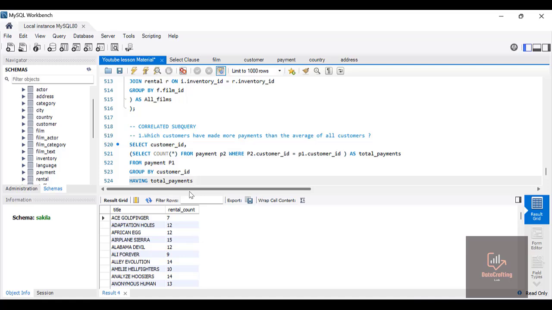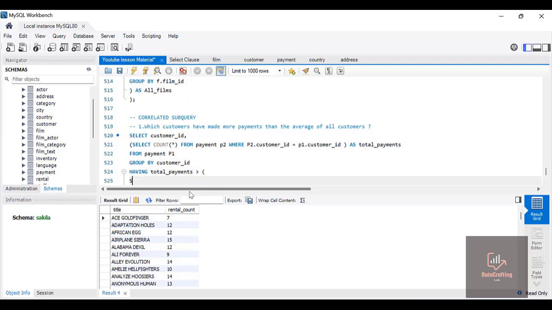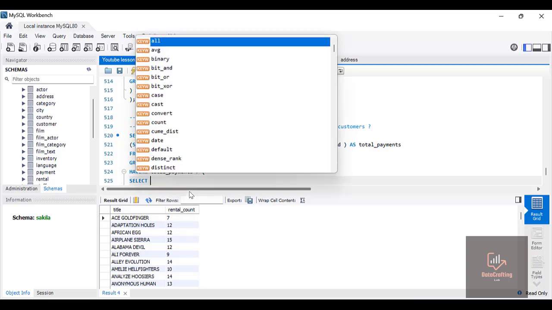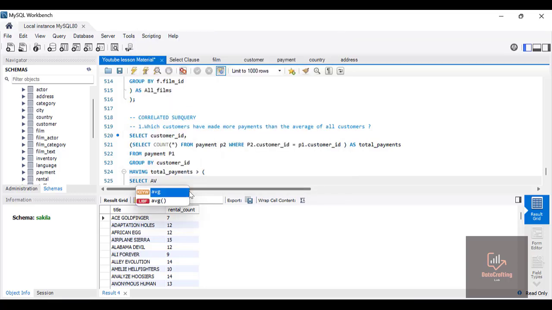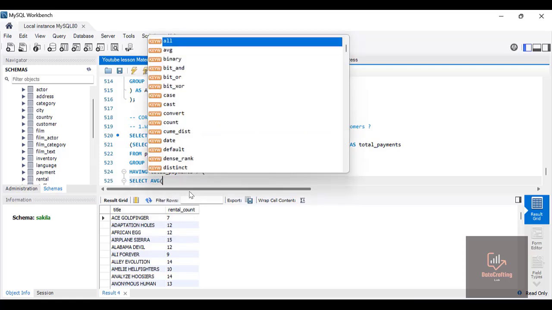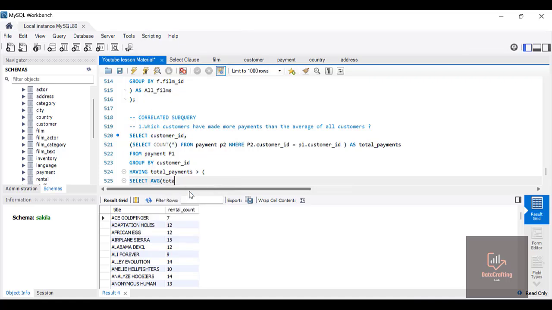greater than, sorry, greater than, let me open parenthesis, select average. Now the average, what the question says, let me leave it in capital letters, AVG, open parenthesis. The question says the total average of what? All customers. Now we'll get the average. Now close parenthesis,